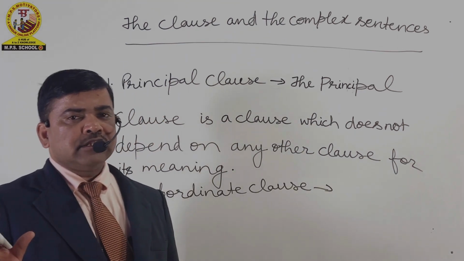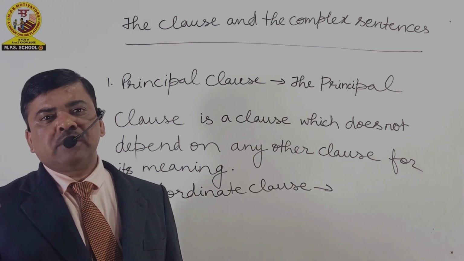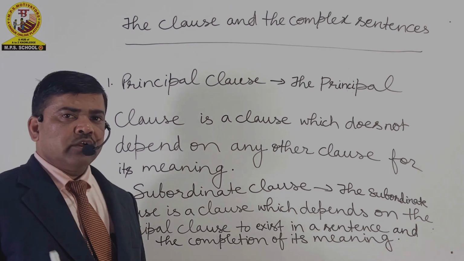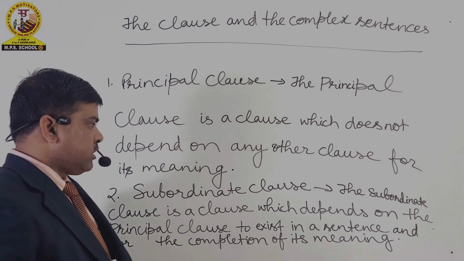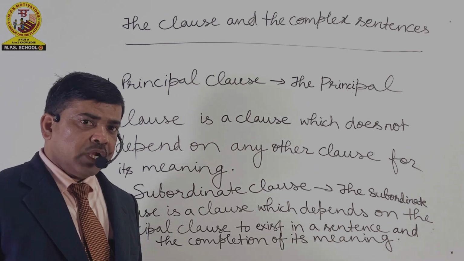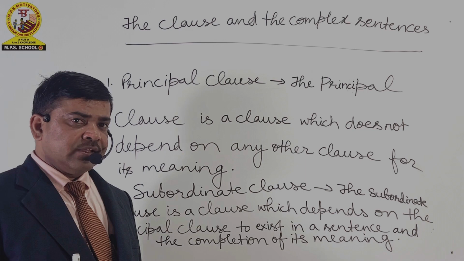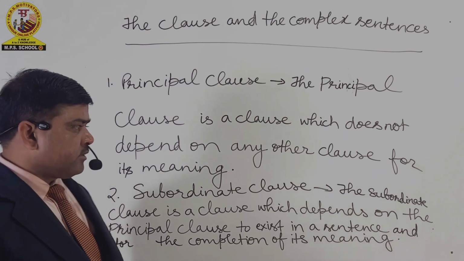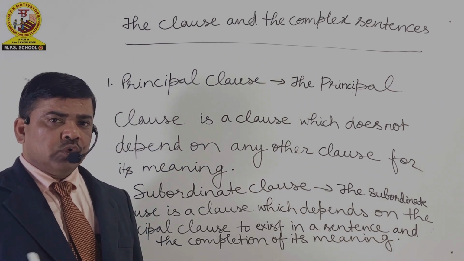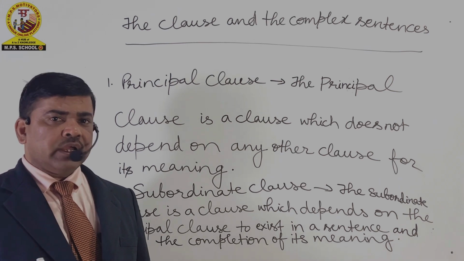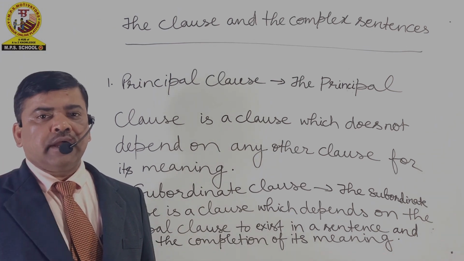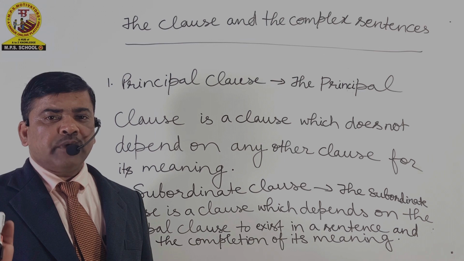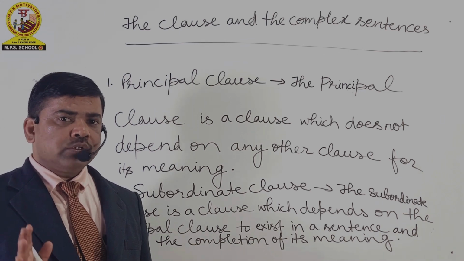I will give you the examples of the principal clause and the subordinate clause together. As the definition of the subordinate clause I have written on the board: the subordinate clause is a clause which depends on the principal clause to exist in a sentence and for the completion of its meaning. अर्थात सबऑर्डिनेट क्लॉज एक क्लॉज होता है जो वाक्य में अस्तित्व रखने के लिए प्रिंसिपल क्लॉज पर निर्भर करता है, और साथ ही साथ अर्थ की पूर्णता के लिए वह प्रिंसिपल क्लॉज पर निर्भर करता है।